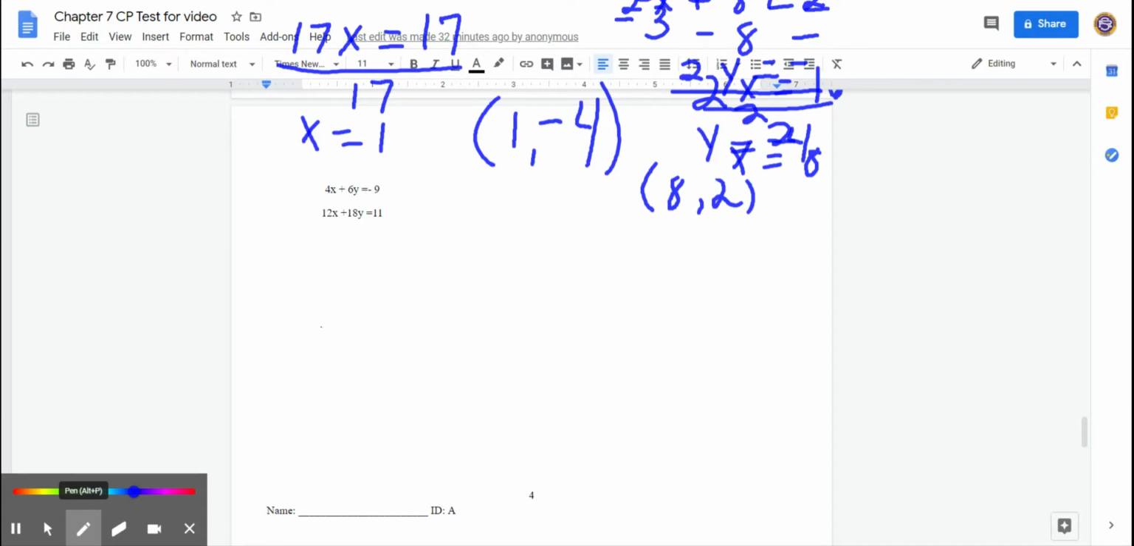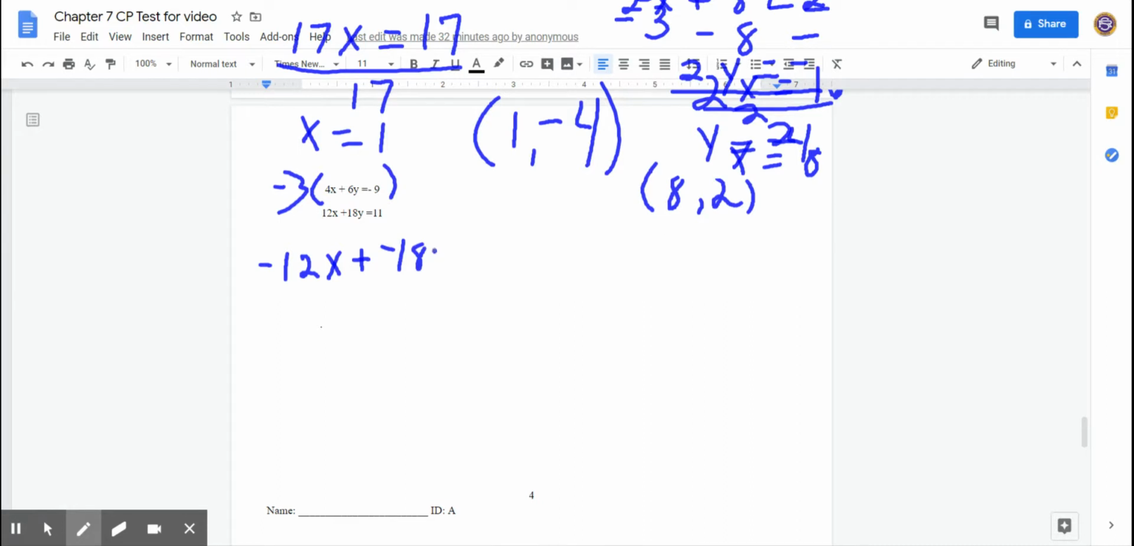So I would multiply this top equation by -3, because if I do that, I'm going to get -12x. And when I add it to the 12x down below, I know it's going to cancel out. So if I take that -3 and distribute it, I get -12x plus -18y equals -3 times -9, which is +27. Be very careful there. Now I'm just going to copy down my second equation,